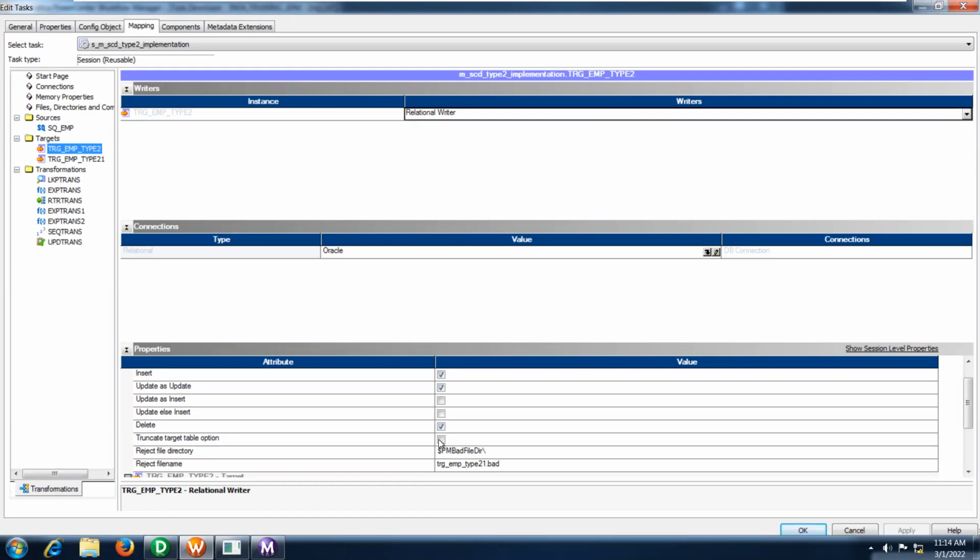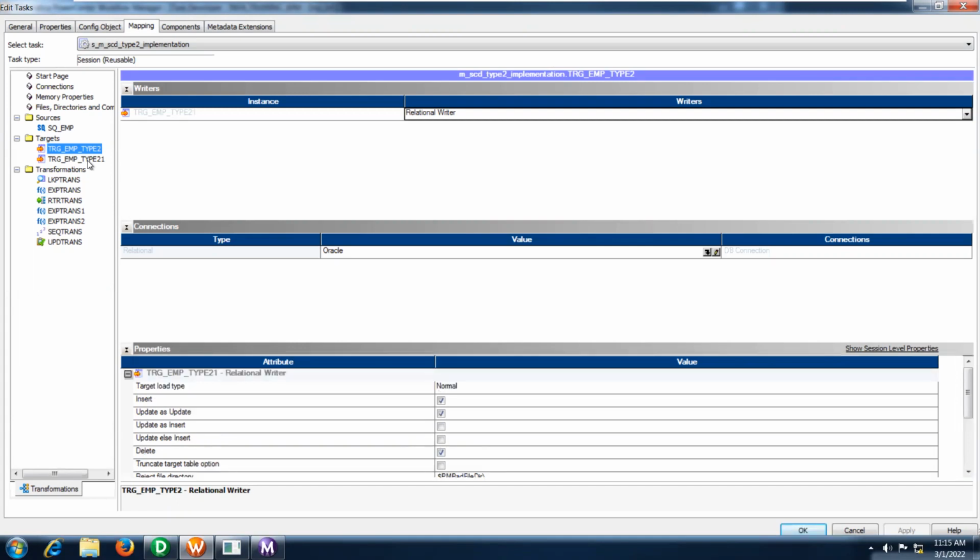If you want to capture the updated information, there should be some data available in the target table. That data will be compared with the records which are all coming from the active source, right? Those source records you are comparing with your target. So you need the previous data also here. You should not enable this one.